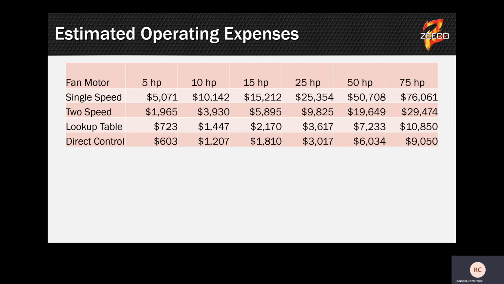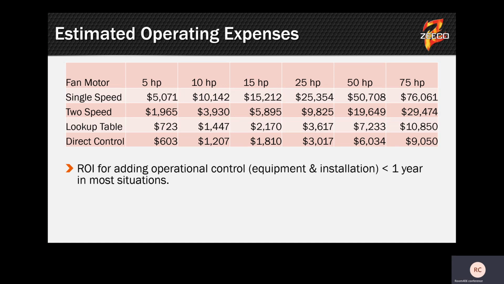Now, operating expenses. If you just have a flat 100% speed, single speed blower, you can see that on a 5 horsepower blower, that adds up to about $5,000 a year. And as you go to central gathering facilities and midstream plants, if you kept that same thing, you're going to have a very high cost of operations. Conversely, if you do something as simple as a lookup table or direct control, now you're getting almost a 90% reduction,